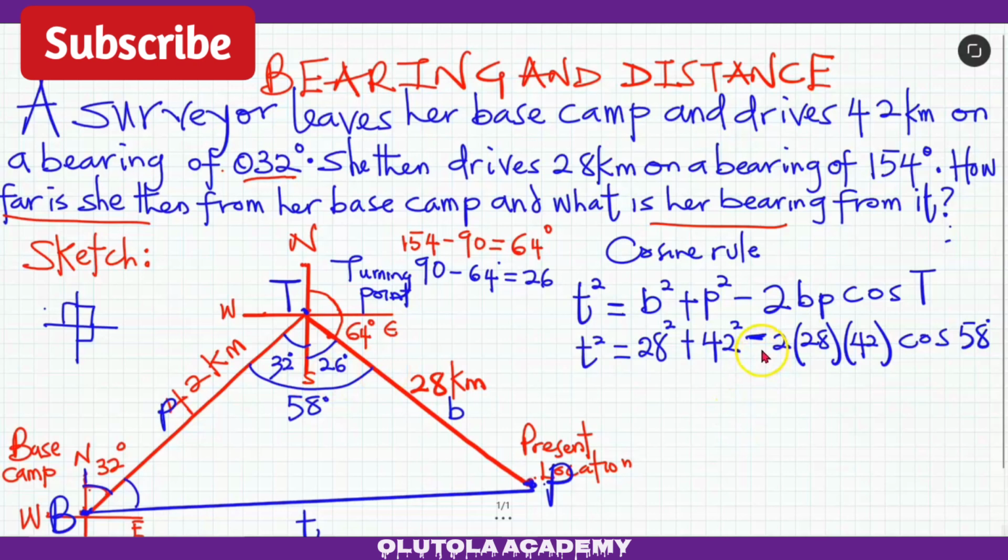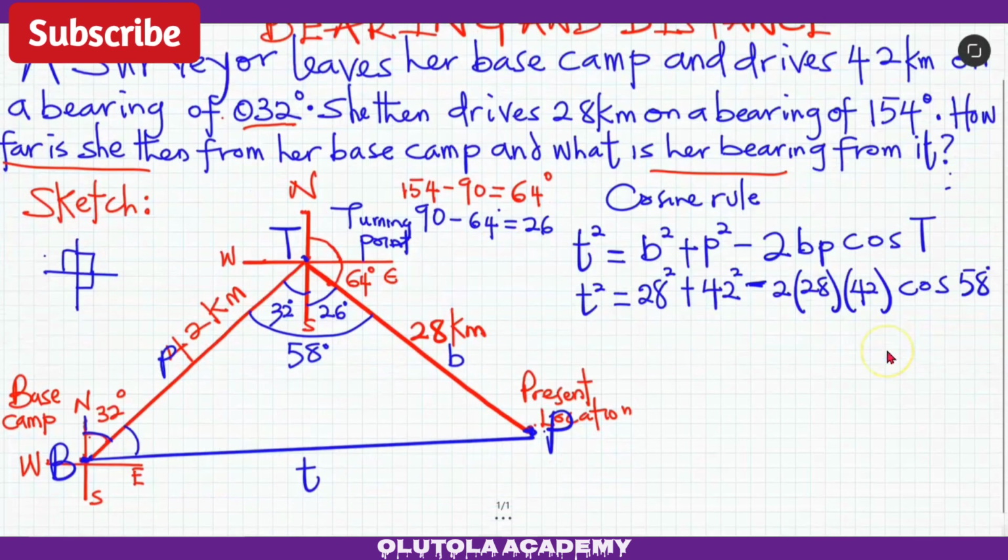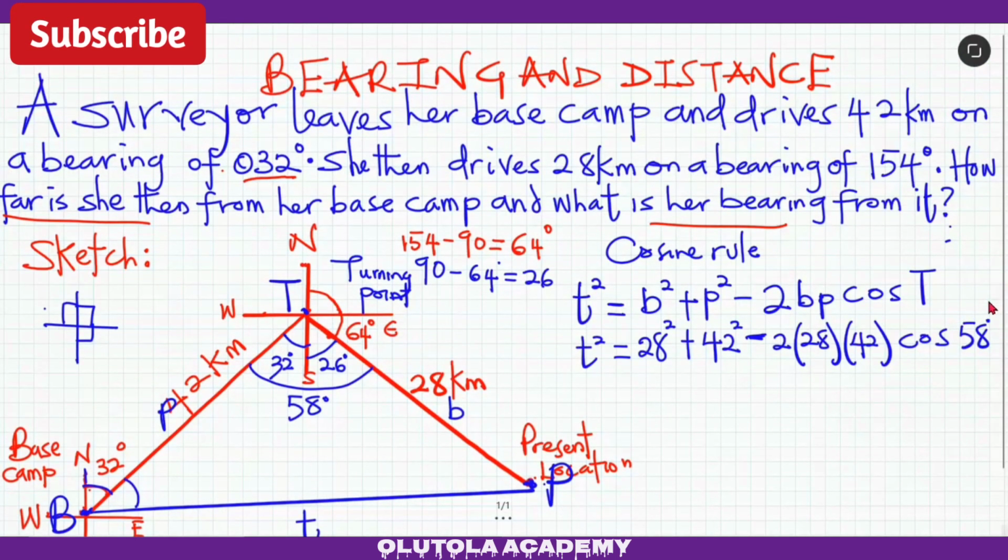So some that will use plus here will be using the quadrant, that will be 180 minus 58. So if you are using minus, you must use the acute angle. If you are using plus, you must use 180 minus what the angle you have, 180 minus 58. Okay, so